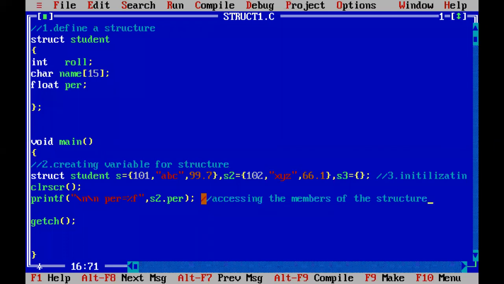Right. So with this we completed what? All 4 important points, and all 4 important points I explained in one simple program. The first one is the definition, the second is the variable creation. After creation, we initialized some values: 101, ABC, 99.7. After giving the values, we also accessed those initialized values by using the dot operator. So with this we completed the 4 important topics, but we have to keep one separate heading and explain individually. When you see the material, you will understand how to write the structured answer.